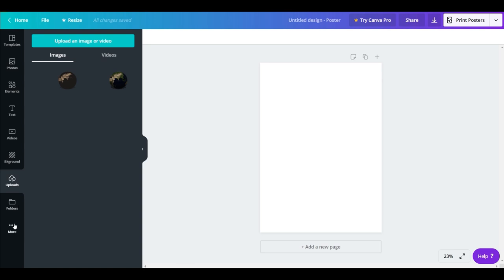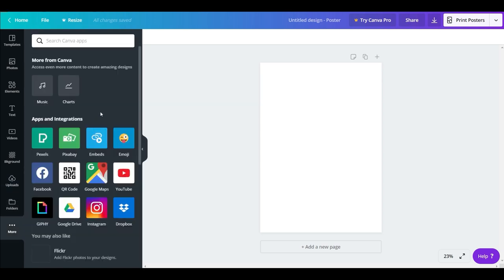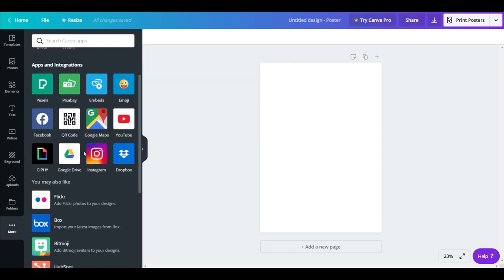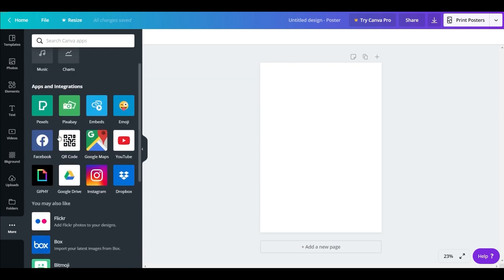There is a folder and more column which you automatically get to know once you start using this, because here you have the option of integrating your apps: Facebook, Instagram, Pixabay, YouTube. The use of social media here is, as I said earlier, when you integrate your Instagram or Facebook and share a post, you can directly see the number of likes that you get for that post in your Canva.